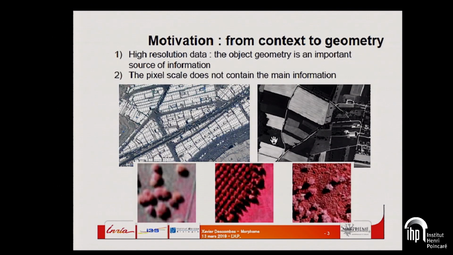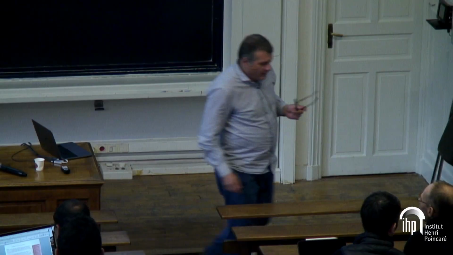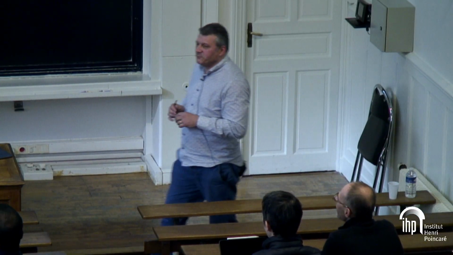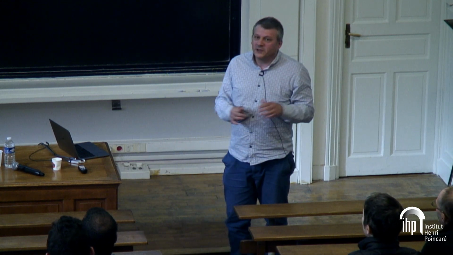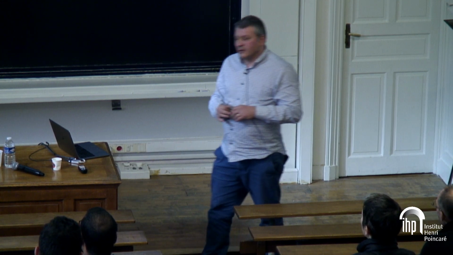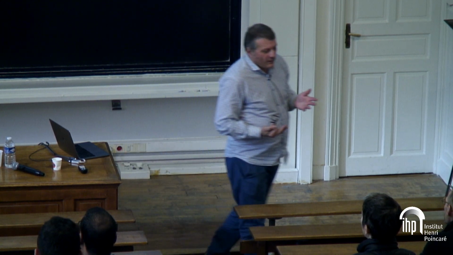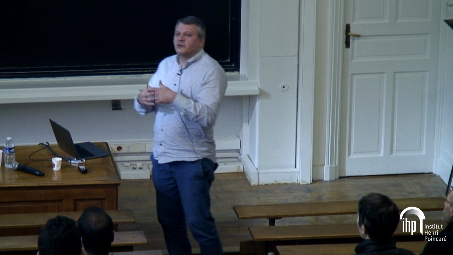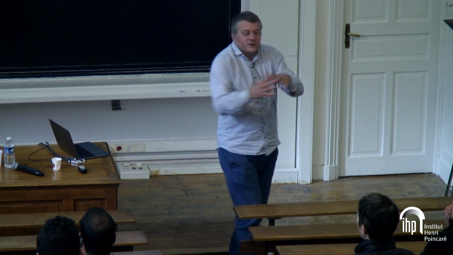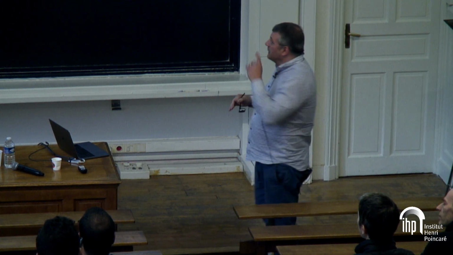So the motivation is, okay, I came from, let's say, the Markov random field community. So it was in the 80s and 90s, and the main argument to use this Markov or Gibbs field was to say that when you have noise in your data, when you have some texture in your image, then if you take the information on one pixel, you cannot do a lot, so you have to take into account what we call contextual information. It means that you basically take some statistics on a small window around one point.